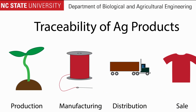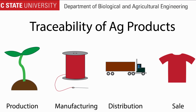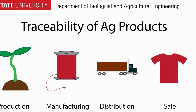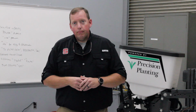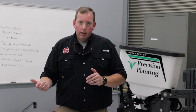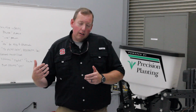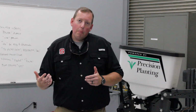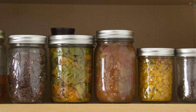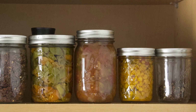But also, in terms of traceability, maybe we want to know where the clothes we wear come from. Maybe we want to know how the crops were grown that we interact with day to day. And that's very important. And we think that creates a lot of value, not just for the people that grow it, but even for the people that make the products, and possibly even create some interesting opportunities to tell the story of how those crops or animals were produced, ideally in a way that's sustainable and is very aware of what consumers want and